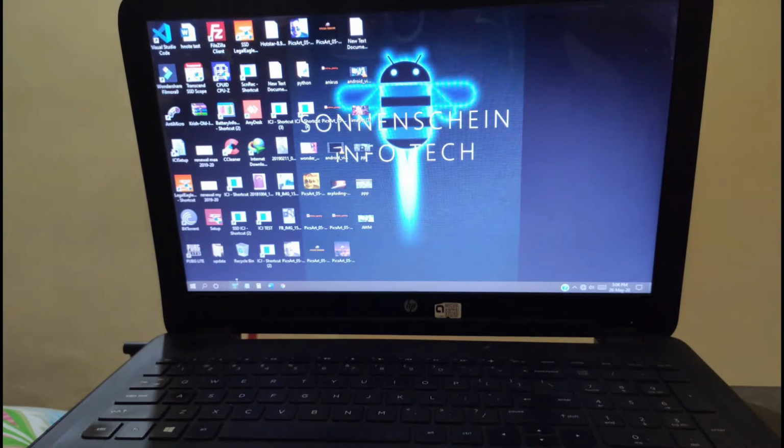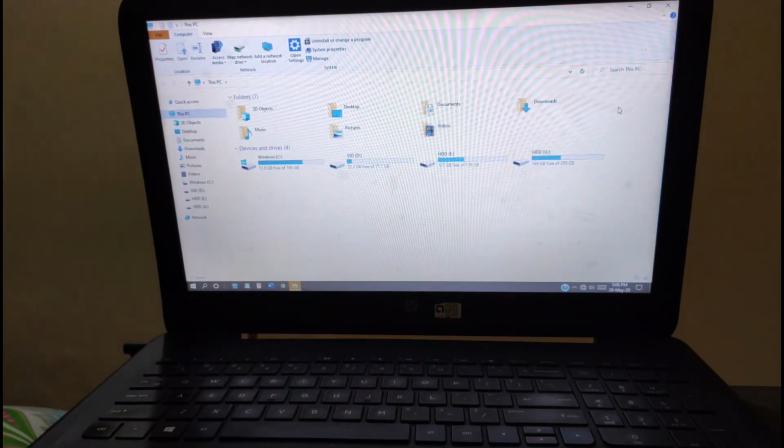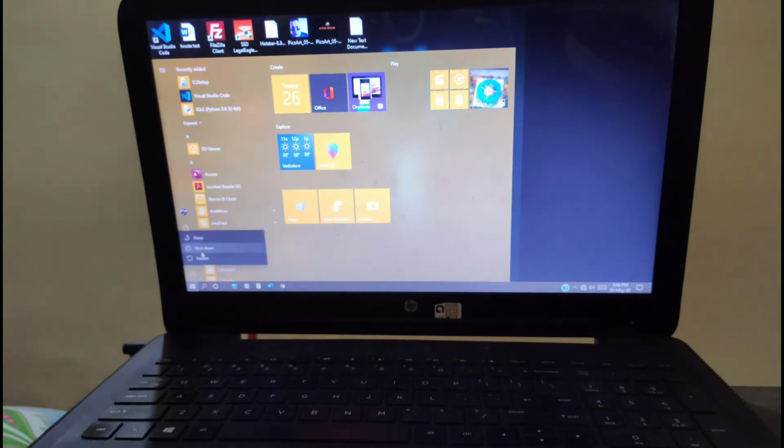Open a file. Just give it some time. These things, those round things loading up are just for this HDD, not for the SSD. The main part is loaded. Now if I go for shutdown and again restart, this time it will shut down quickly and restart also quickly. Now I press the button. Yeah, now you see,